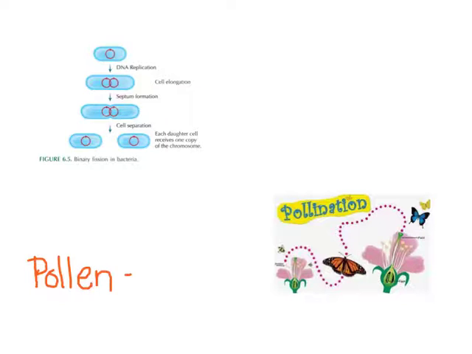Now pollen equals sperm. I know that's disturbing for some of you, but pollen is actually the sperm of the plant. What's happening here is you've got bees and butterflies and all these bugs flying along, they land on the plant, and pollen brushes off on them, and then they carry that pollen to the female parts of the next plant and deposit the pollen right here. The pollen then grows down here and fertilizes the eggs at the base of the plant.